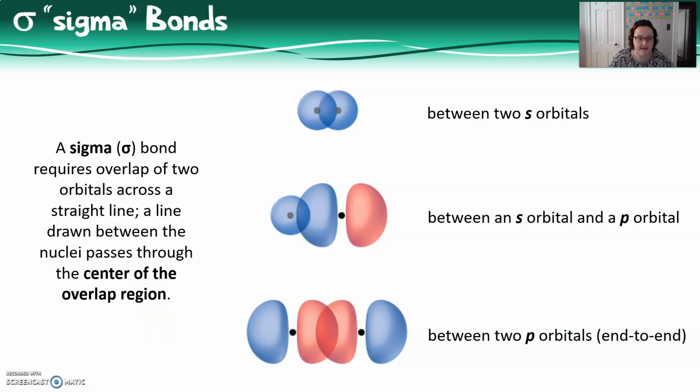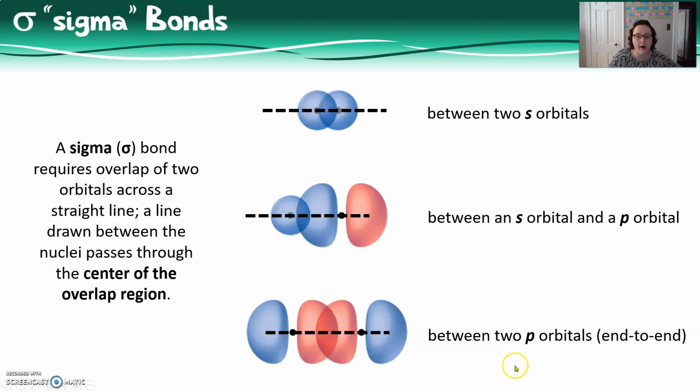A sigma bond is formed when only one phase of an orbital overlaps with one phase on another orbital. This also happens to be the case when the overlap occurs along a straight line that passes through both nuclei and through the center of the overlap region of the two orbitals. Note that sigma bonds will always occur with the overlap of two s orbitals, and that p orbitals can also generate sigma bonds